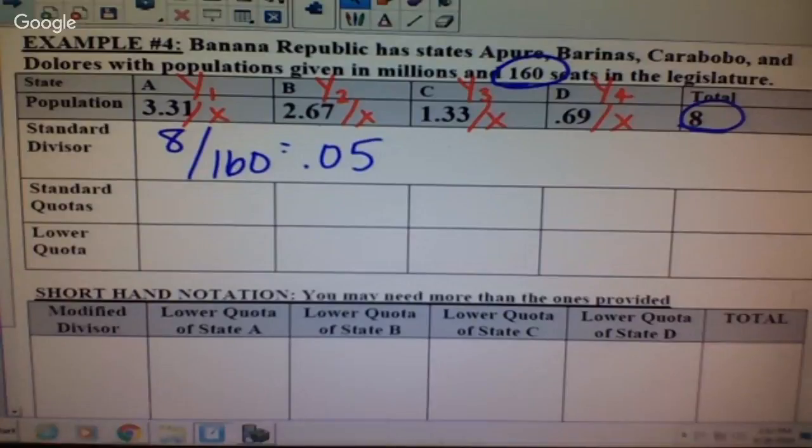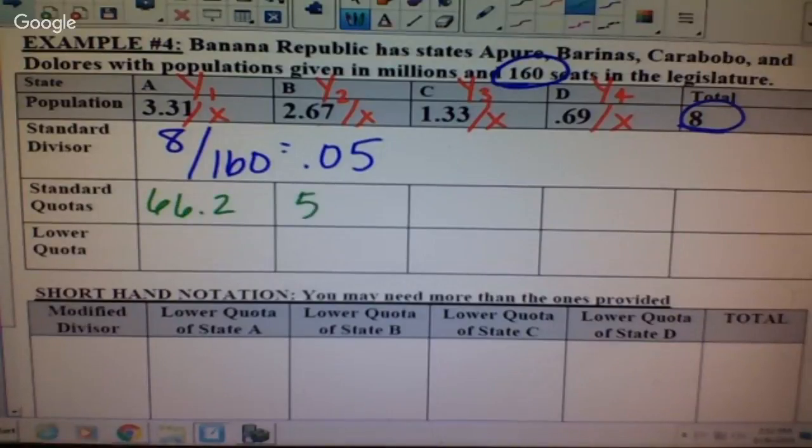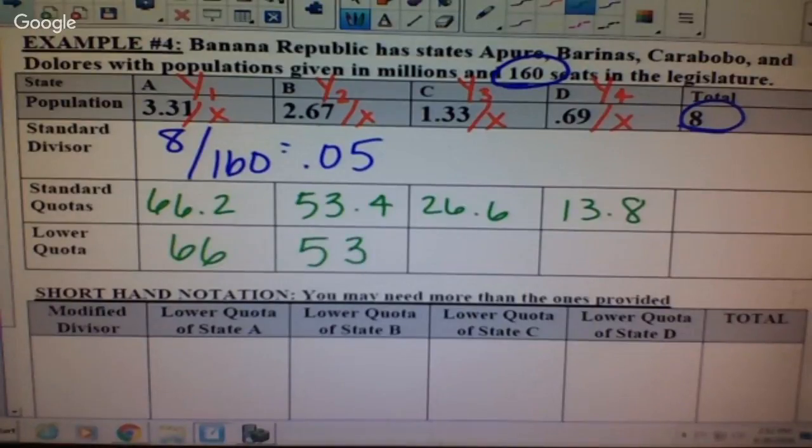So you said my standard quotas were what? 53.4, 26.6, and 13.8. Okay, so Drew says that drops you to 66, 53, 26, and 13. Which gives me a total of